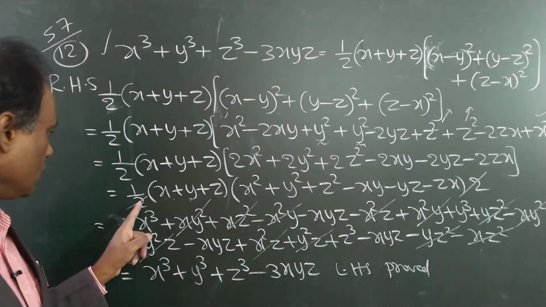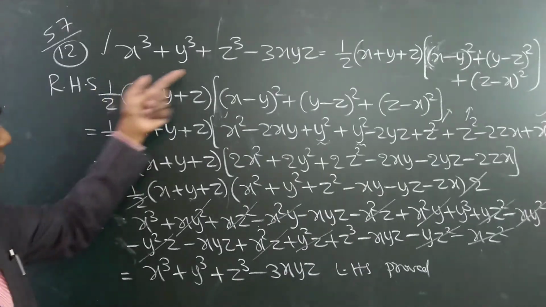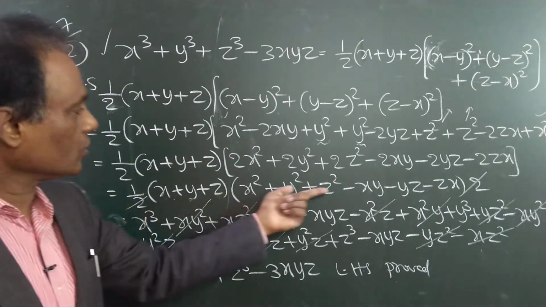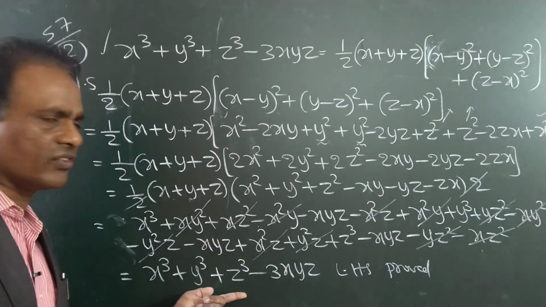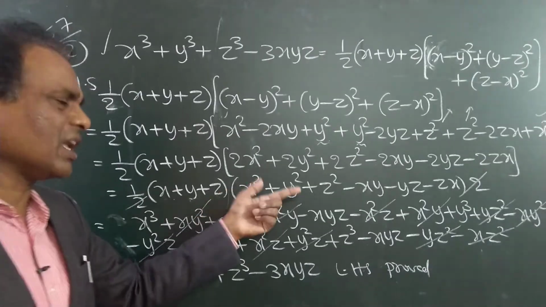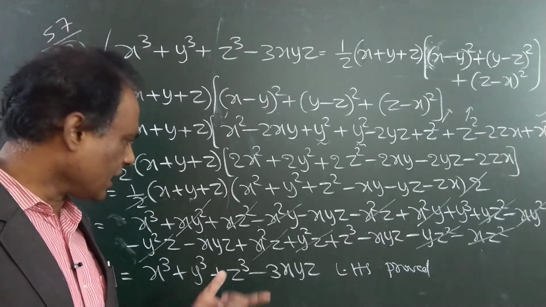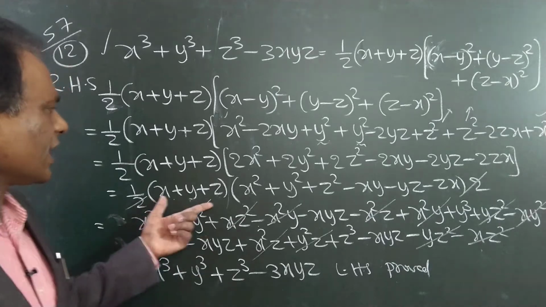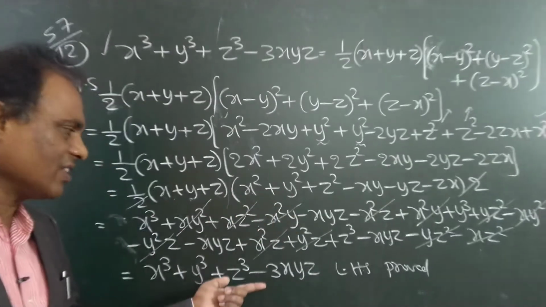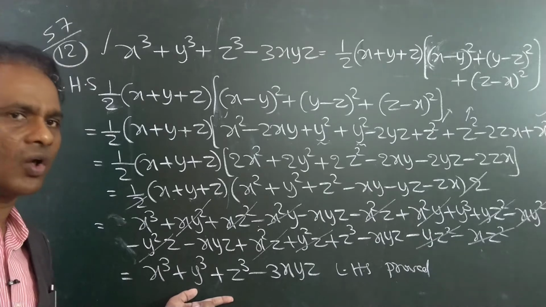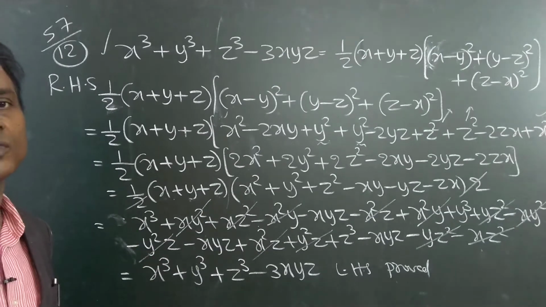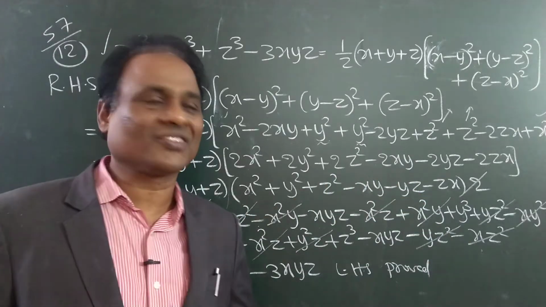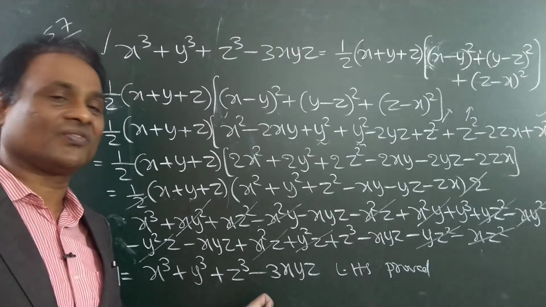That 2 and this already, there is a 2 in the question itself. So this 2 and that 2 get cancelled. X plus y plus z into this. If you multiply this directly, we will get this. Directly also you can write, because this is the formula, that is the identity. Even in the 11th problem also we use this formula. Wherever you get this, need not multiply, directly write this answer, because it is not wrong. It is a formula, identity. Okay, but just to write one more step, I multiplied all steps I have written, so that you should know how the formula is formed.